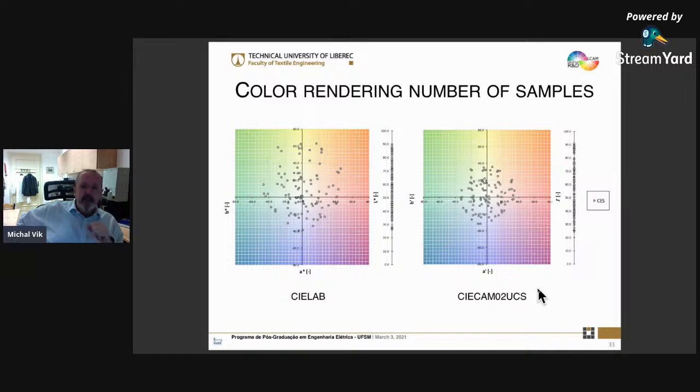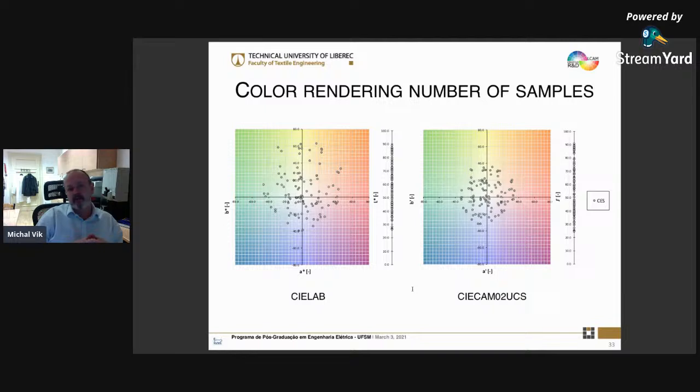What is interesting here for experts, please remember one thing. Here you can see compression, which is typical for UCS, because if we use the same scale, you can see the known problem of CIE LAB color space, which is extension in the yellow direction. Another thing, from the point of view of lightness, you can see that we are using almost no very dark samples, because many of the samples in the database were measured via